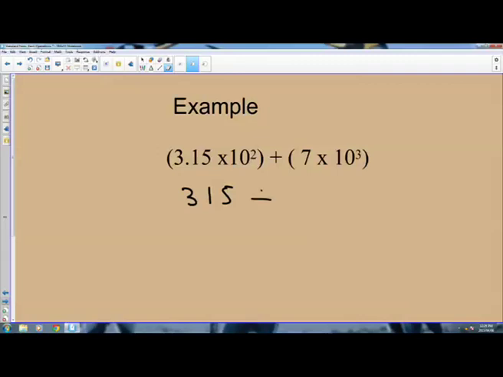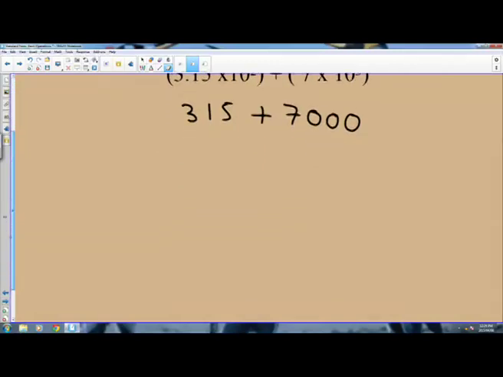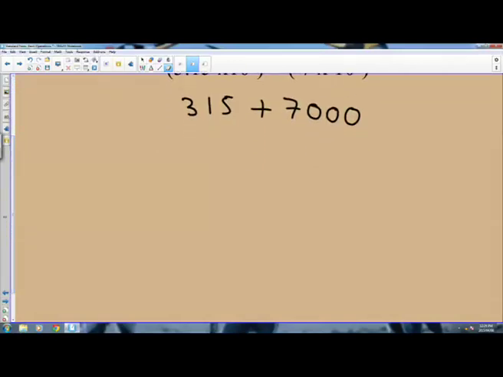Plus, and then 7 times 10 to the power 3. Write 7 times 10 to the power 3 as an ordinary number. When you write 7 times 10 to the power 3 as an ordinary number, you will get 7,000. So it's 315 plus 7,000. So this is the simple addition that you know. It's just 7,000 plus